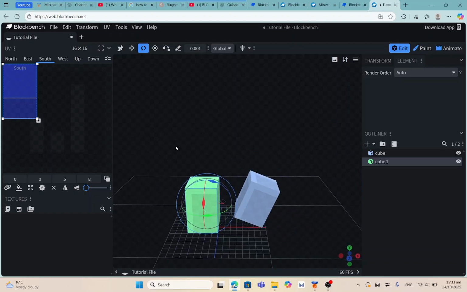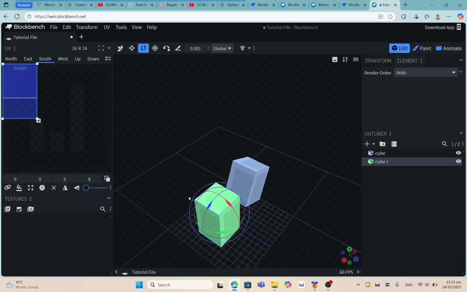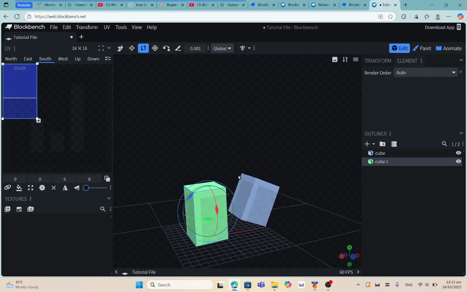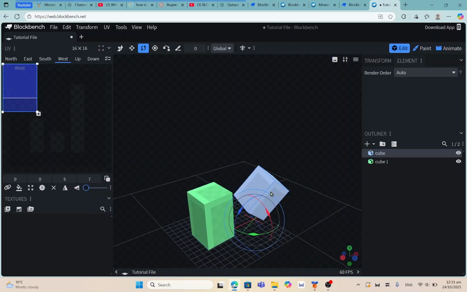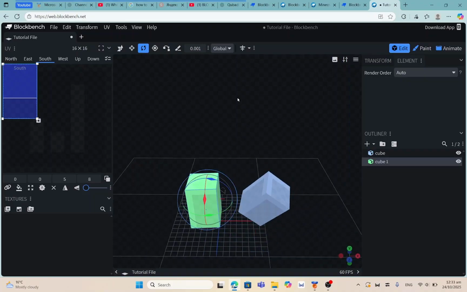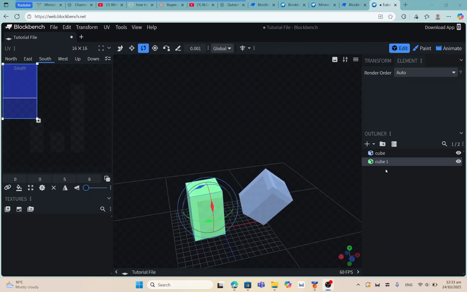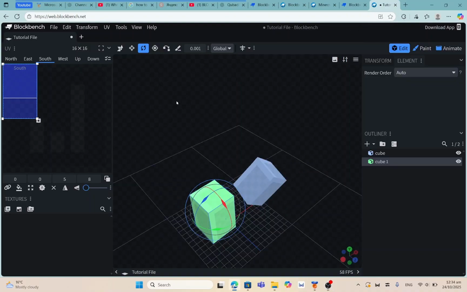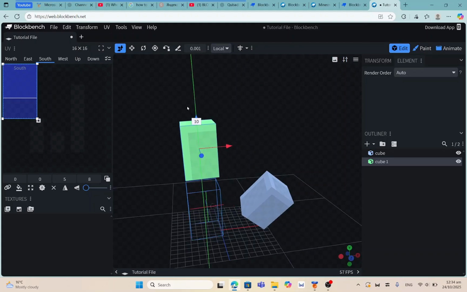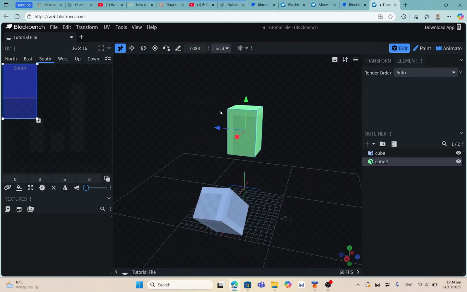So now I suggest you actually mess around with these tools so that you find a comfortable zone to use when modeling, which could literally make modeling a breeze. But you should also know how to change these global spaces and local spaces, because if you mix these up, you're going to ruin everything. So in short, what global means here is that if I move this cube up, its pivot will also move with it,